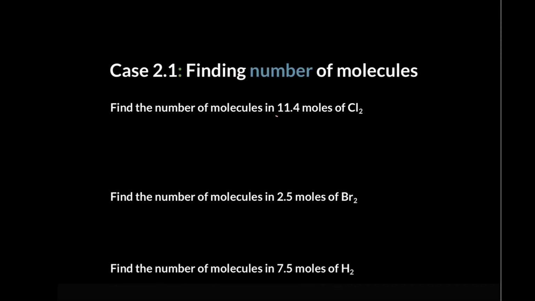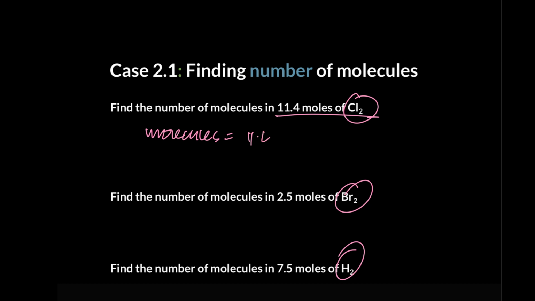फाइंडिंग द नंबर ऑफ मॉलिक्यूल्स, ये बाकी आप खुद कर लीजिएगा। फाइंडिंग द नंबर ऑफ मॉलिक्यूल्स, निकालें जी। मॉलिक्यूल्स हैं Cl2, Br2, H2, ये हैं भी मॉलिक्यूल्स। तो मॉलिक्यूल्स इक्वल्स मोल्स कितने 11.4 और मल्टीप्लाई कर दें, ठोक दें ये नंबर, खत्म।